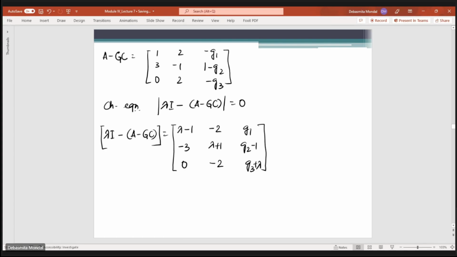Then the determinant of this matrix should be equal to 0. You can simply find the determinant, and from here you can write the equation, lambda cube